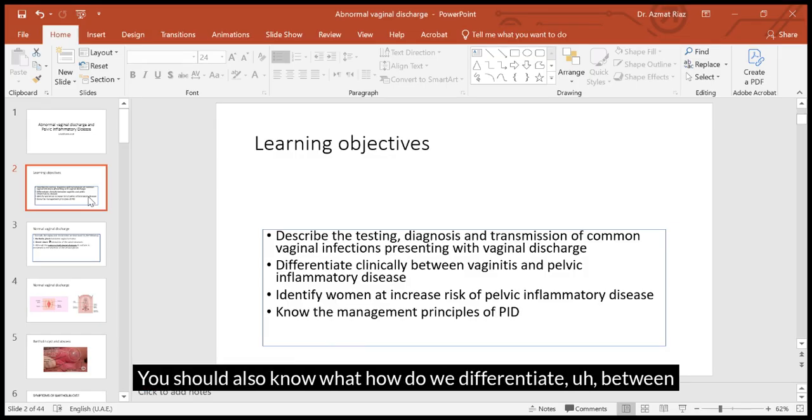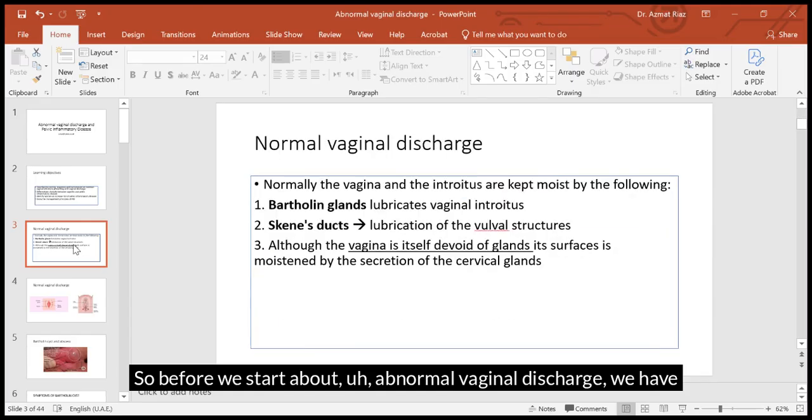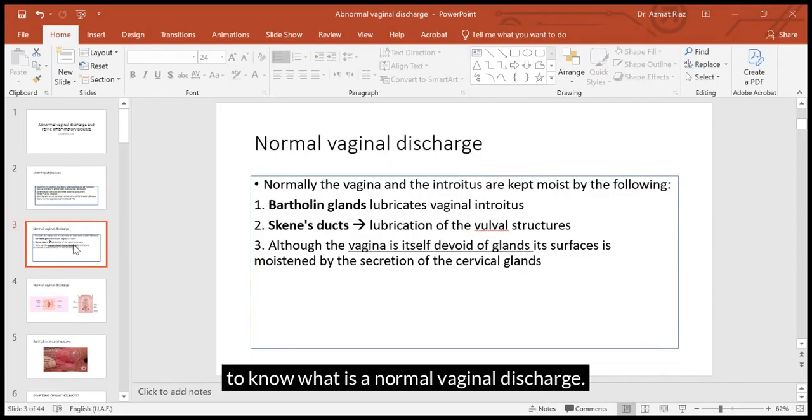You should also know how to differentiate between normal and abnormal vaginal discharge, to clinically differentiate between vaginitis and pelvic inflammatory disease, identify women who are at an increased risk of pelvic inflammatory disease, and know the management principles for this condition. So, before we start about abnormal vaginal discharge, we have to know what is a normal vaginal